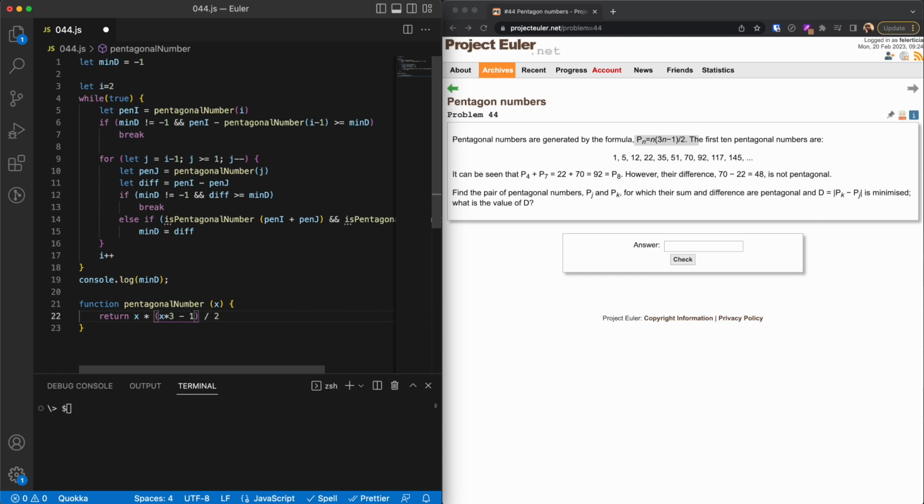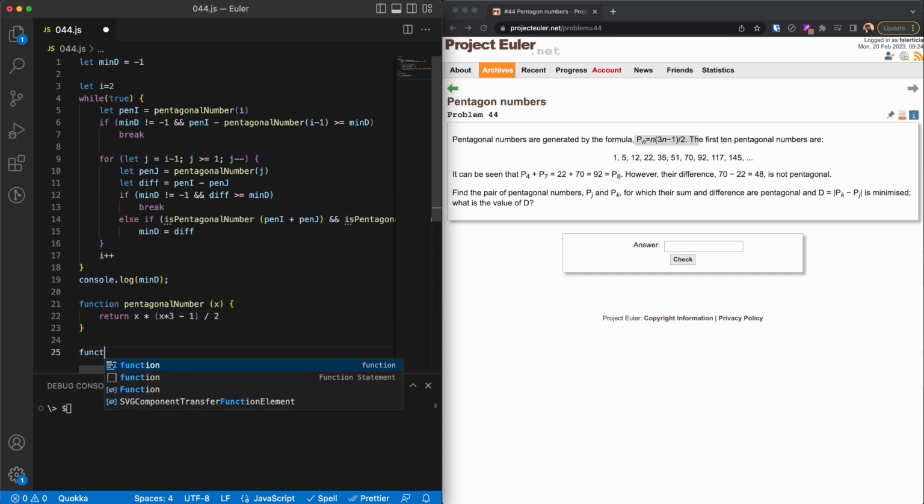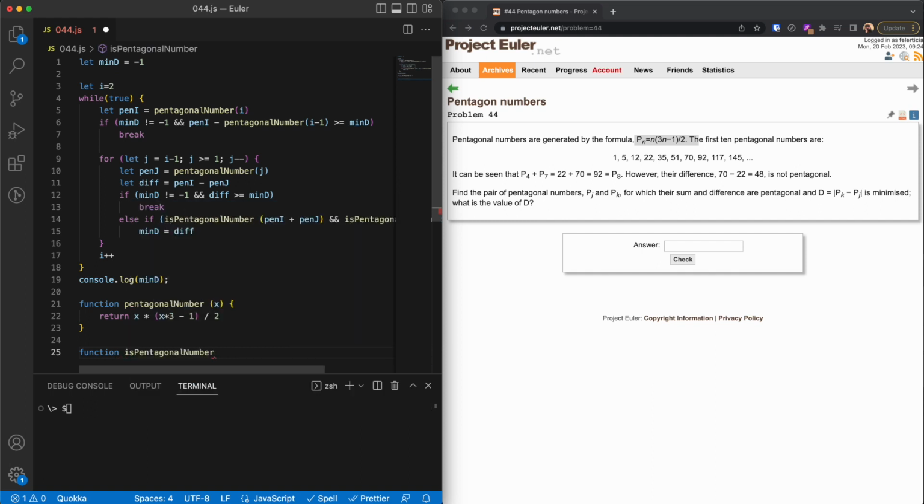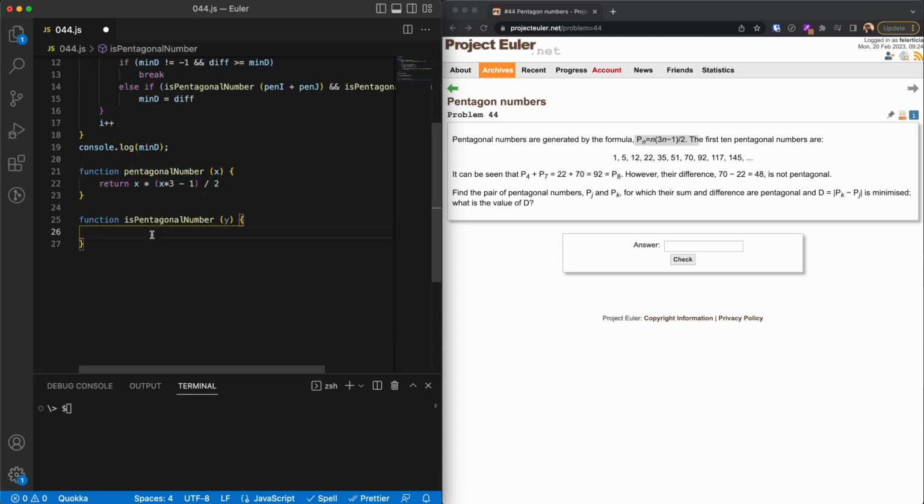Let's do it like this. The other one is checking if something is pentagonal or not, let's call it y. Here we would check that if y is in the form of this formula, we could say that if y is this value,